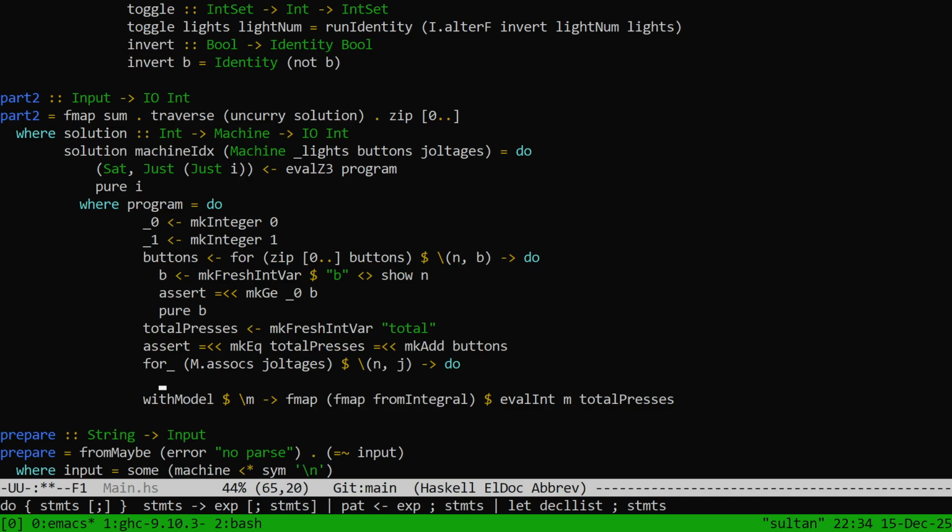We should goal make fresh int var, and we need to make sure this has a distinct number from all the others. Well, yeah, I don't know if there's a way to use it. No, there should be. I can just create an integer. I don't need an int var. Right. Sorry. Make integer of